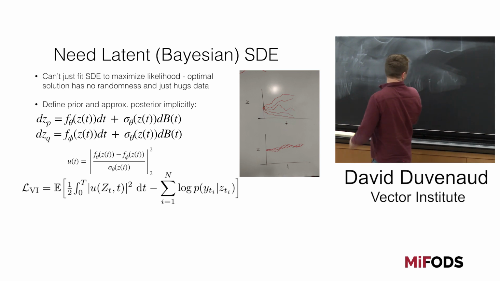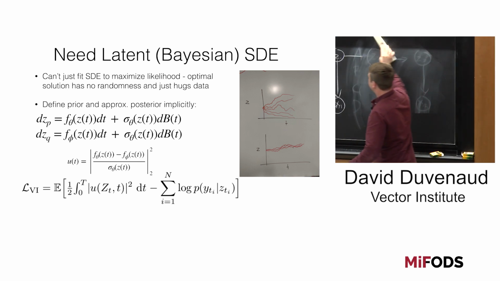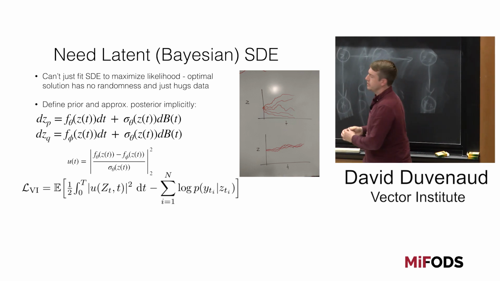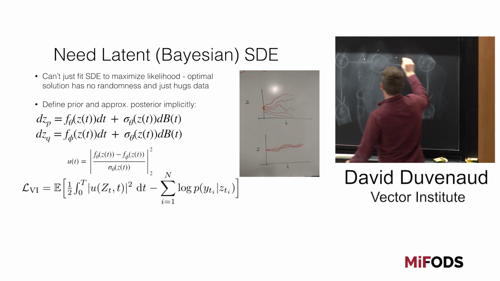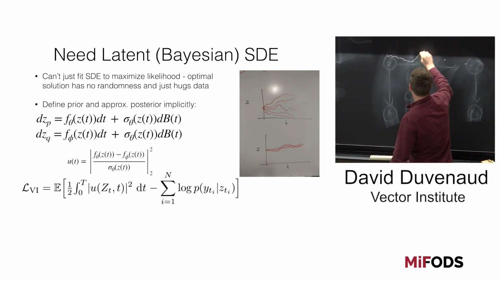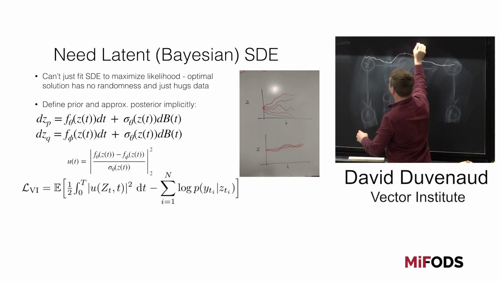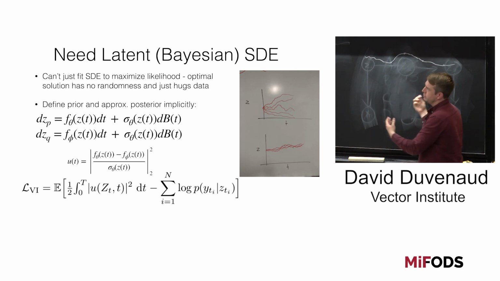So first of all, if we just try to fit some random process to data directly, it's going to ignore the noise. If I have some data here and enough parameters in my SDE, optimizing for maximum likelihood will, at the beginning, have tons of different noise, and it'll learn to make the sigma be 0 and just always hit the data every time. It's like if I fit a Gaussian to a single data point, the optimal Gaussian has no noise. It just sits right on that data point.